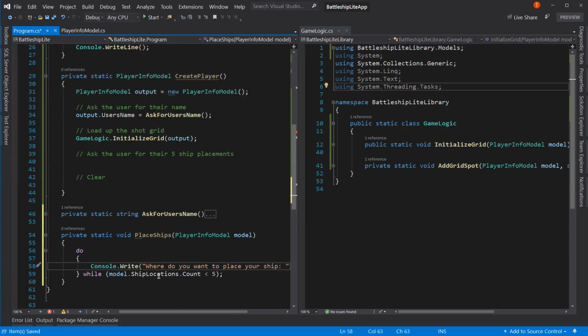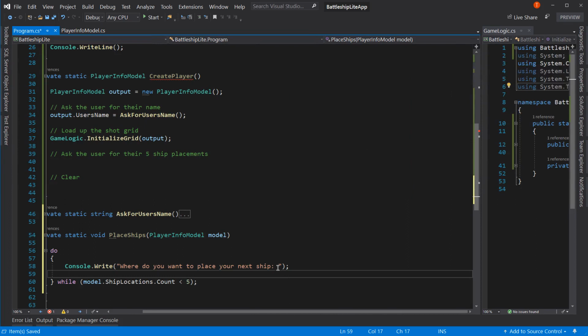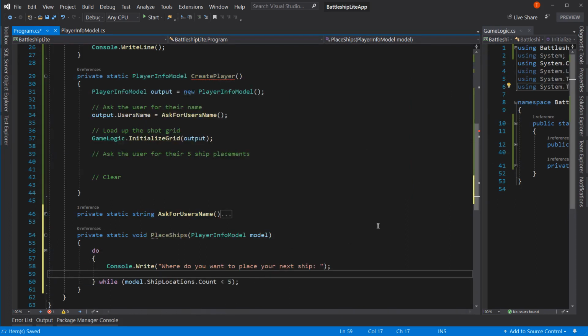Let's say your next ship. Okay. And we can move this over for now to have more real estate. So we want to place your next ship, which we can work on the wording of that because the first time you place it, it's like, what, really? But